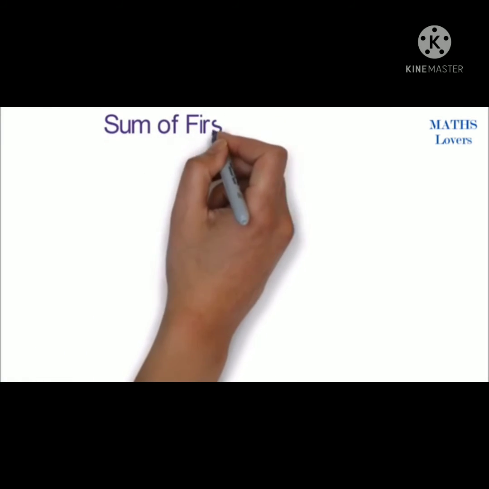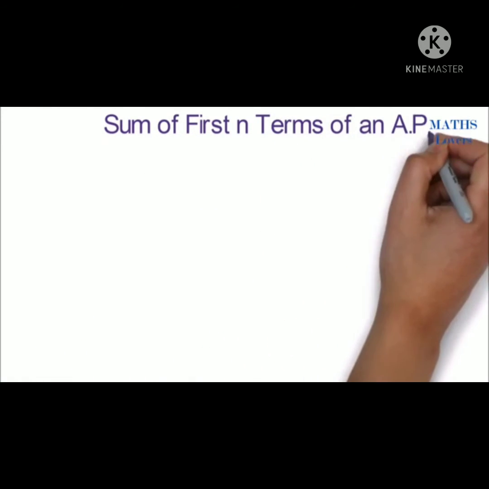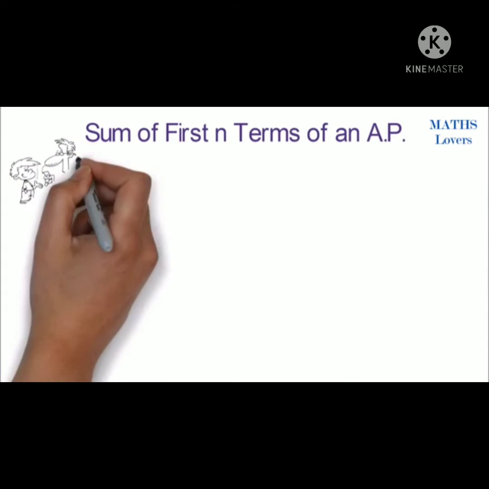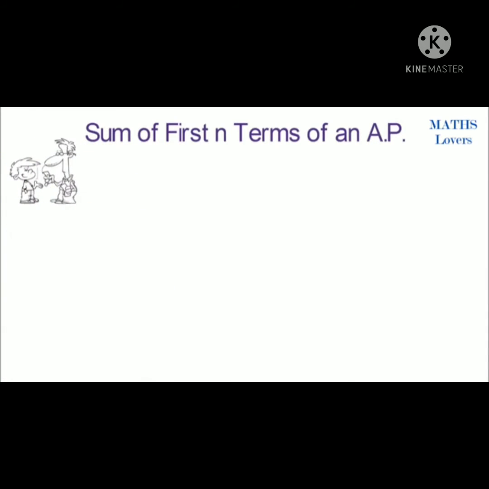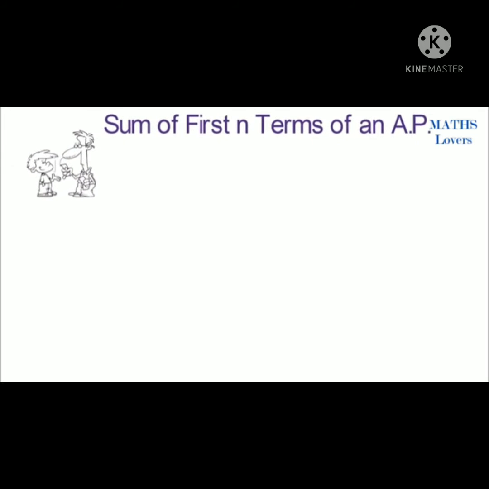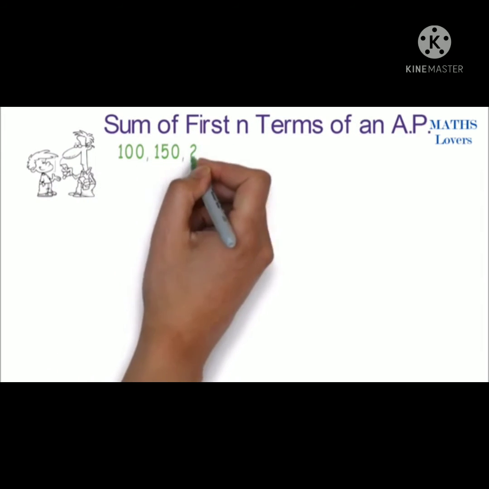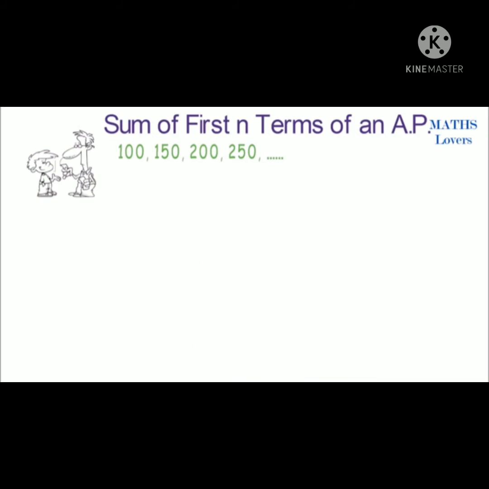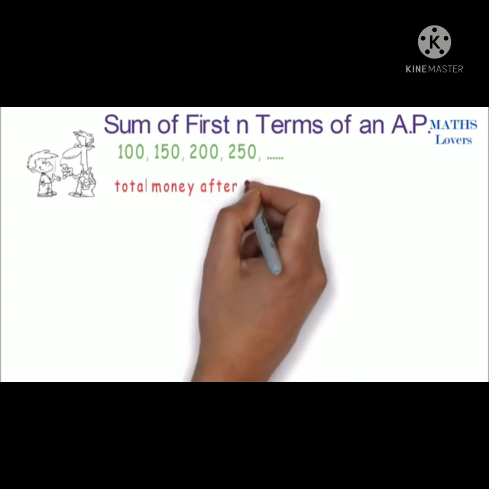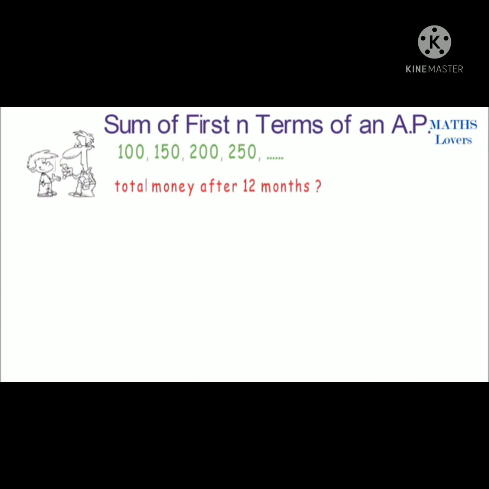Now let's proceed to the sum of the first n terms of an AP. For example, your father gives you pocket money every month starting from 100 rupees and increases it by 50 rupees each month. Like first month 100, the next month he gives 150, next 200, and so on. If anyone asks what will be the total money you will have after 12 months, how will you do it? As you can see, the common difference is the same between each consecutive term, so this is an arithmetic progression. The total money after 12 months will be 100 plus 150 plus 200 and so on, which will be lengthy to add term by term. So let's derive a formula for it.